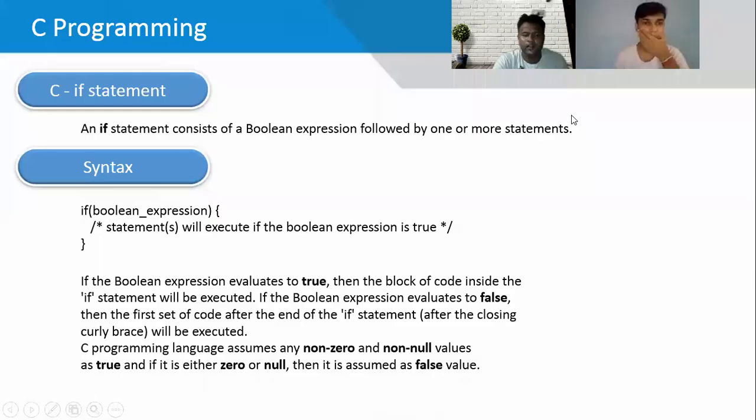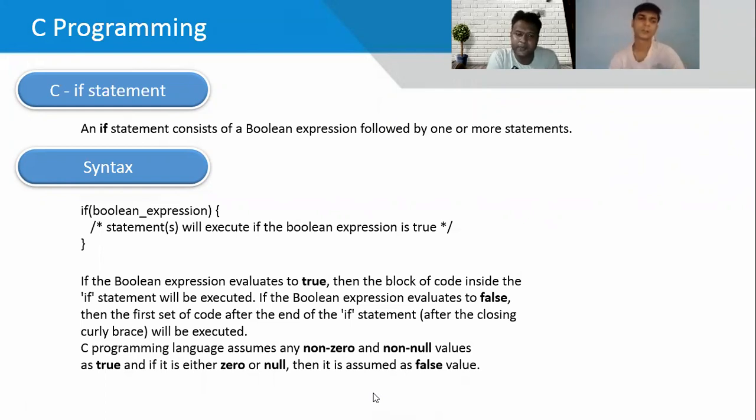Using the if statement is just similar to the pseudocode that you have learned. An if statement consists of a Boolean expression, which returns a true or false value. If your expression is true, the statement within the if block is executed.